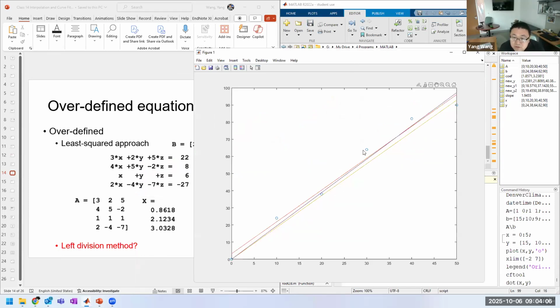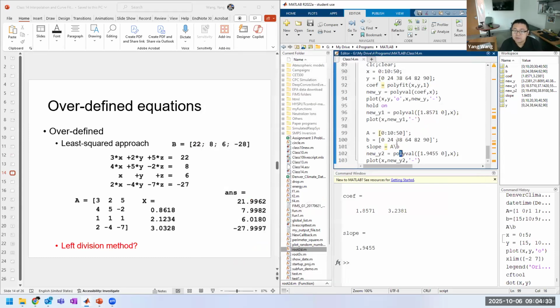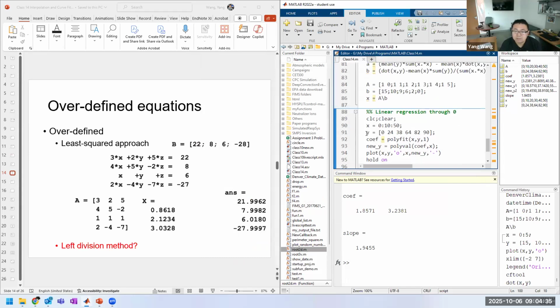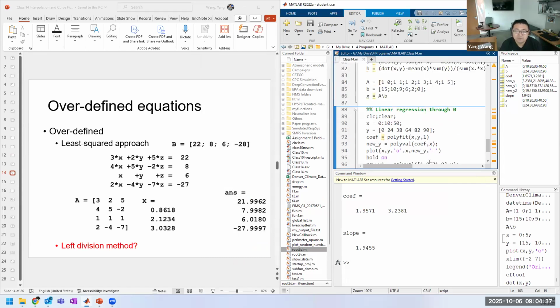Okay, so this is original data, right? And then this is the original fitted line. Okay, so we can set that intercept to be 0, and the yellow line is what set the intercept to be 0, but you can see that this one basically has a higher least squares, right? So this purple line is the one that will set the intercept to be 0, but still has the least squares value. Okay, so we convert that into an overdefined problem and then use the matrix method, left division method